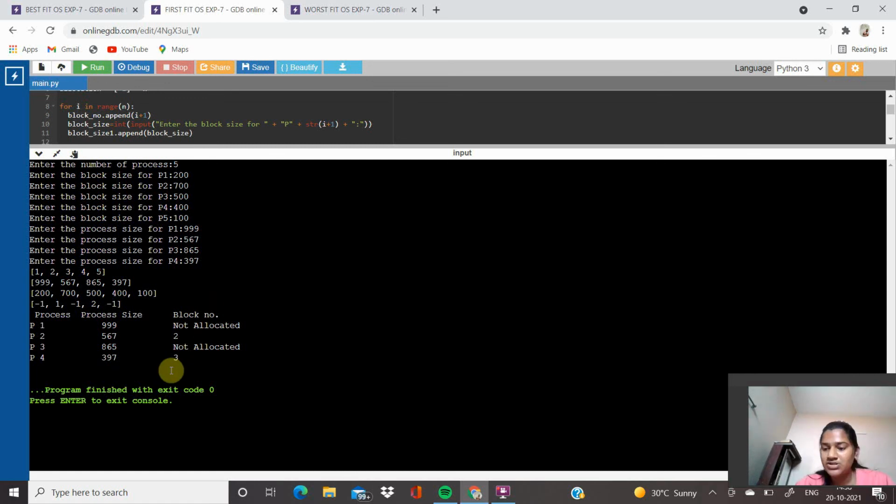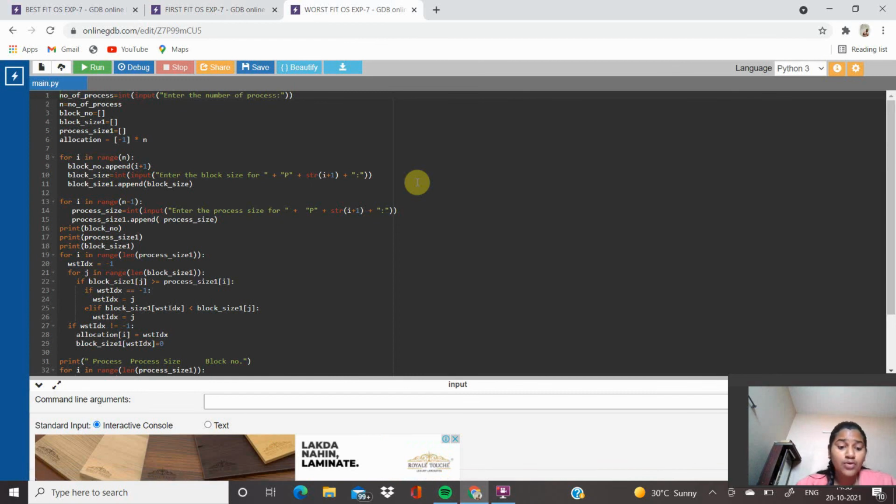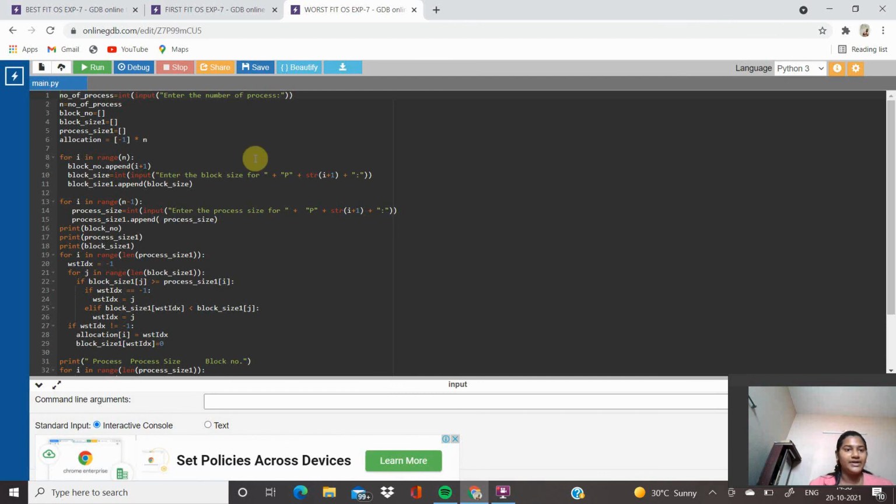Now let's check about our worst fit. Worst fit allocation is the process of allocating the partition which is largely sufficient among the freely available partitions in the main memory. If a large process comes at a later stage, then this memory will not have any space to accommodate it. So let's see about the worst fit.